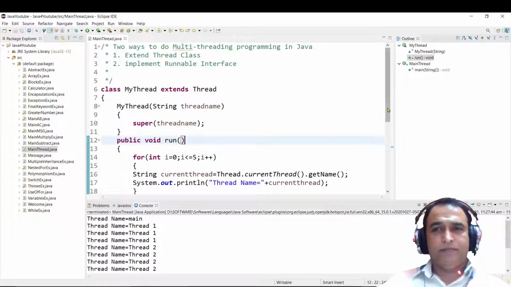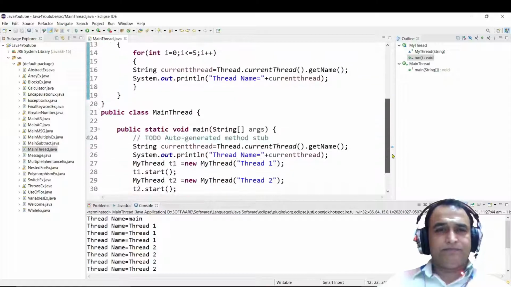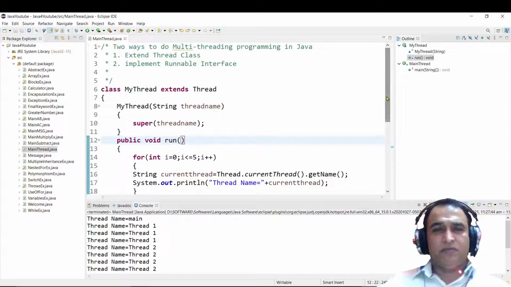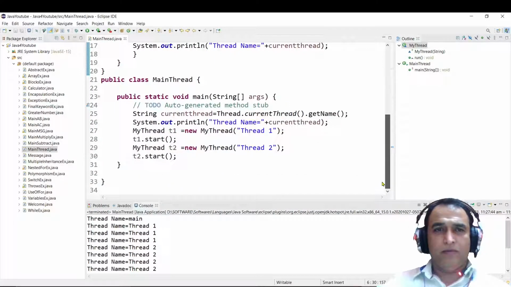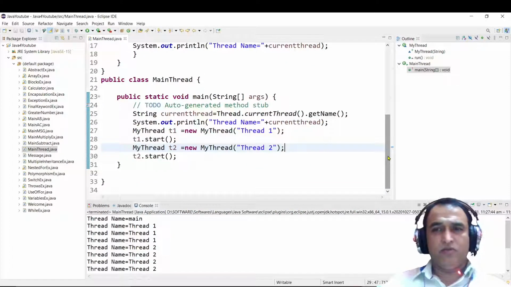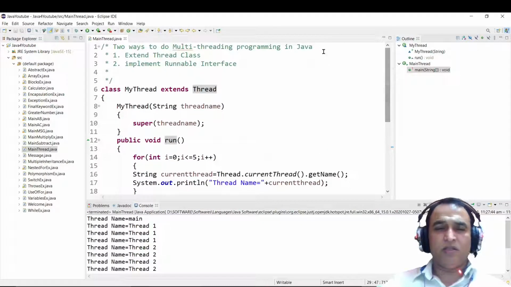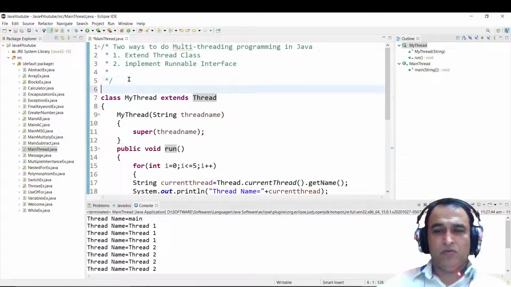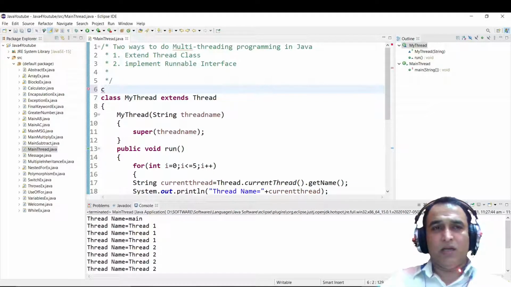Hello guys, welcome again. In the previous lecture we learned how we can create a thread by using the Thread class. Now we will understand how we can create the same kind of execution by using the Runnable interface. So what we have to do, I'm creating one more class,